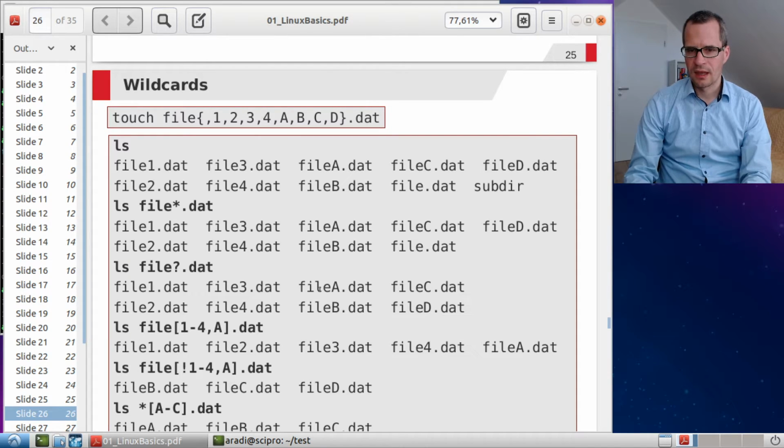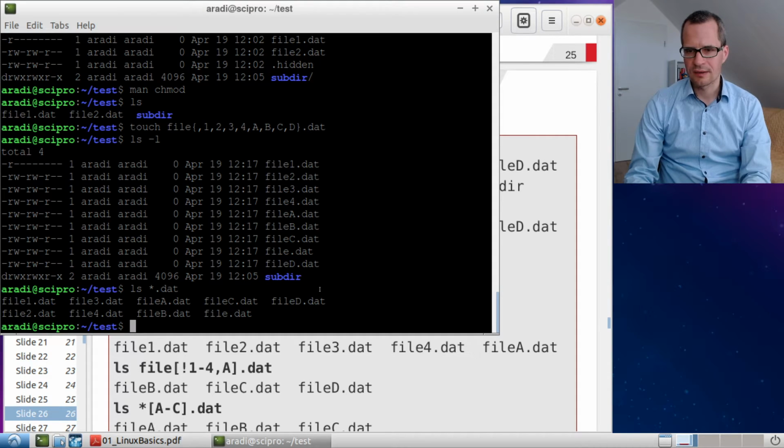Okay. The next thing I could ask for is, for example, here you see, I also see file.dat. What about if I want to have only things which are starting with file and an arbitrary character, but that must be something, it cannot be nothing, and then .dat? Then I would say ls file?.dat. What does it mean? List me all the files which start with the word file, then contain exactly one character, and then